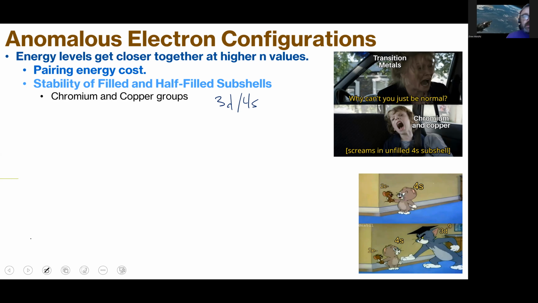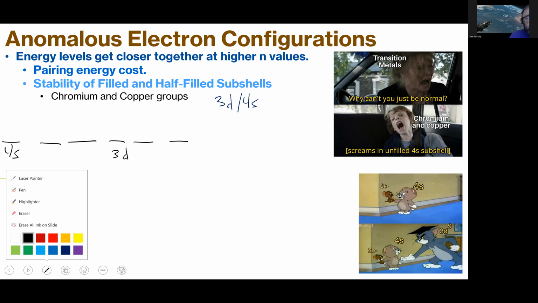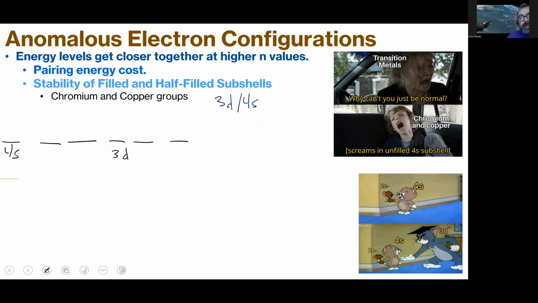But let's look at the Ds. 1, 2, 3. Let me put a 4s over here. 4, 5, 3 Ds. Let's do copper first because it's a little bit easier to grasp. Copper, we would expect to be, why do I keep doing 3s first? This should be 4s2, 3d9. In reality, this is 4s1,